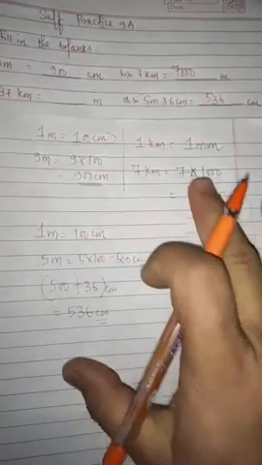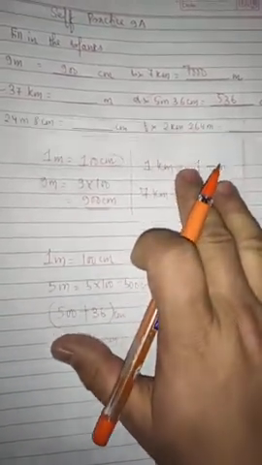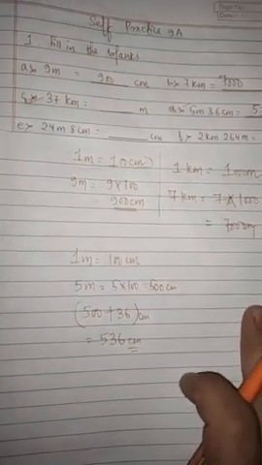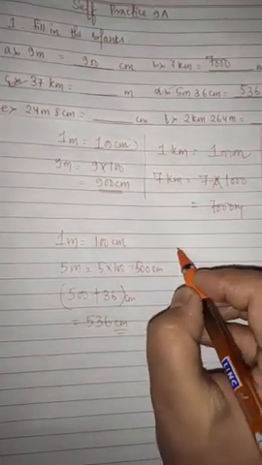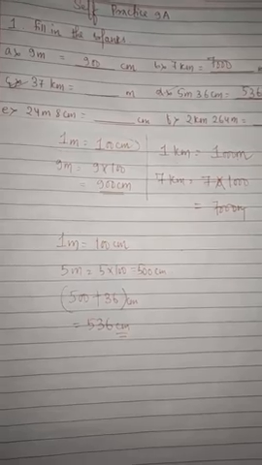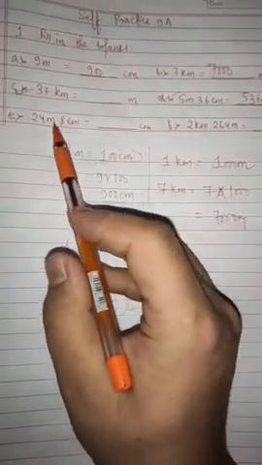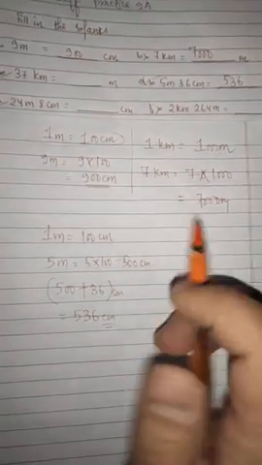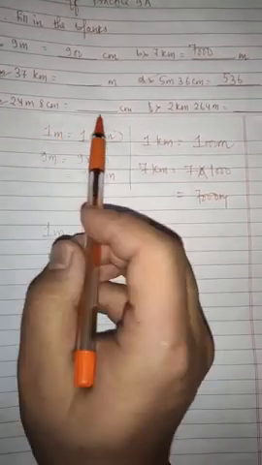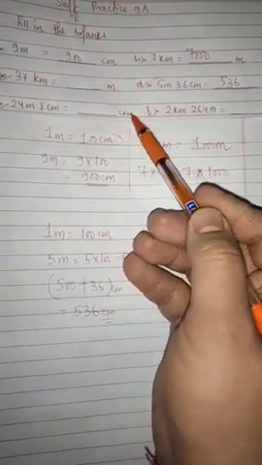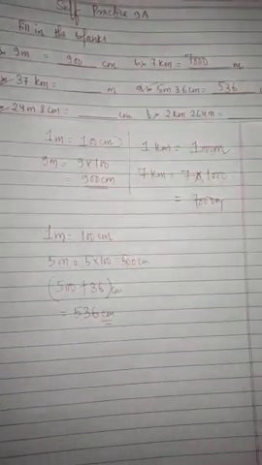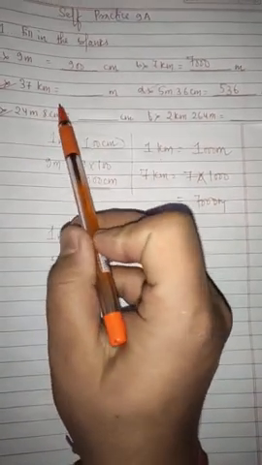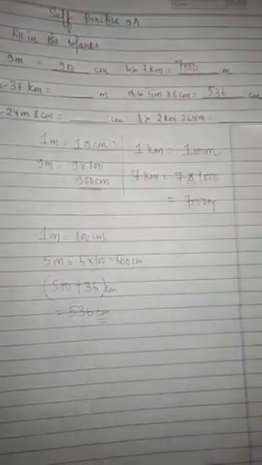Understood? This is the rough part I am doing here to make you understand how I am getting the answer. I hope you are understanding it. Okay, next, part E. If you are having a problem, kindly share with me. The question is similar in part E also, so I'm leaving this part. You are going to do it yourself. Just convert the value into centimeter, not a big deal. Just convert this into centimeter, then add it. You'll get the answer.